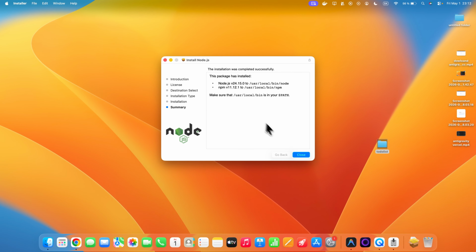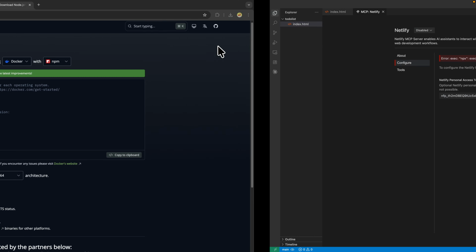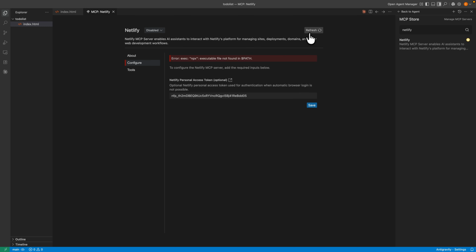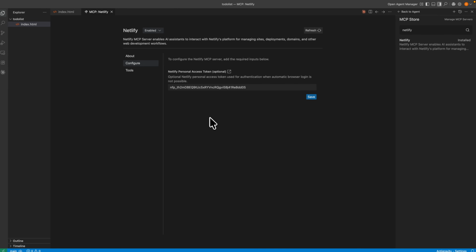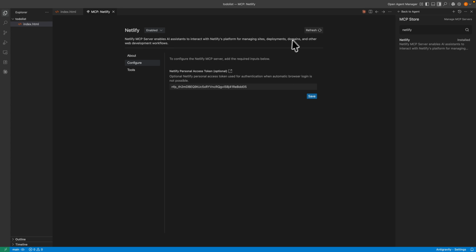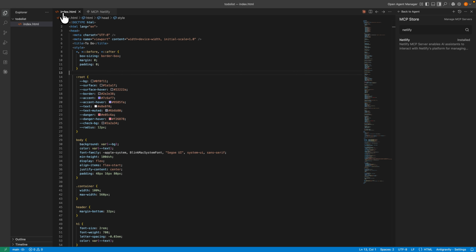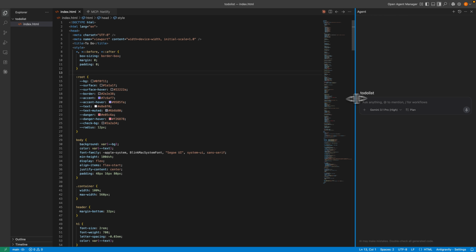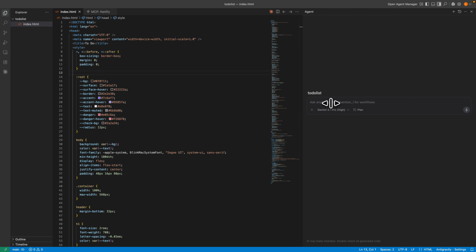And installation was completely successful. We can go back to Antigravity and we can click on refresh. And as you can see, after you click on refresh, the error should be gone. Then we can click on save, and now we can go back to our code and we can go back to our agent. And with this tool, we can basically tell Antigravity we want to deploy this to Netlify, and